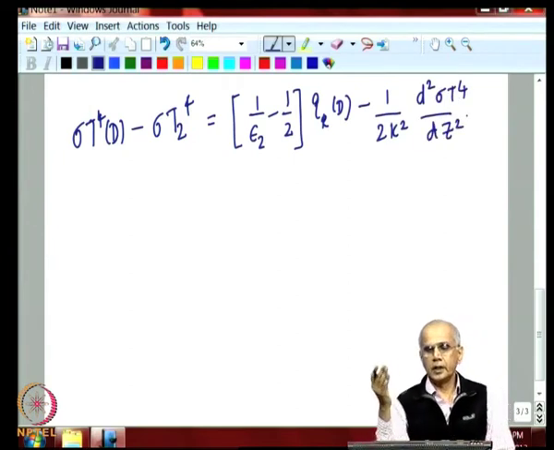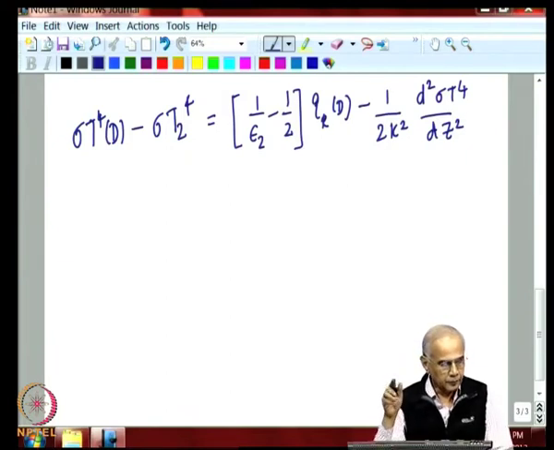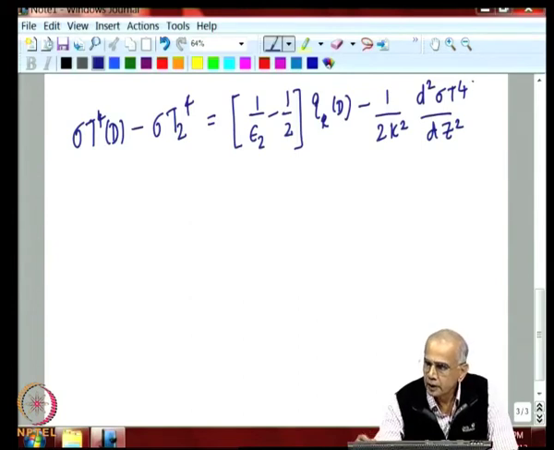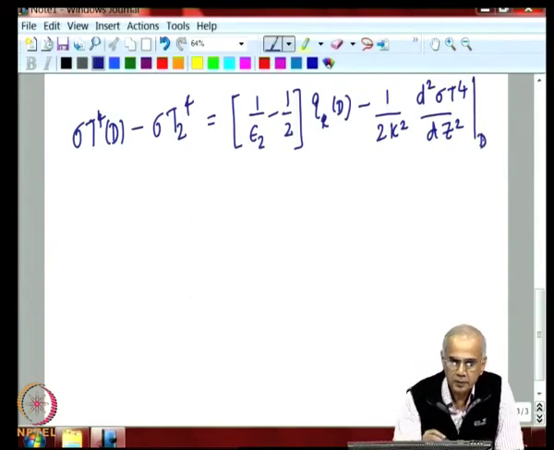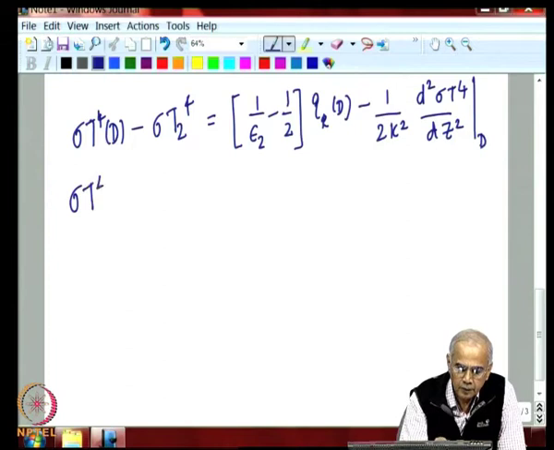This, if you recall, was derived by expanding everything in a Taylor series and retaining the terms evaluated at the top surface. Similarly, at the bottom surface,